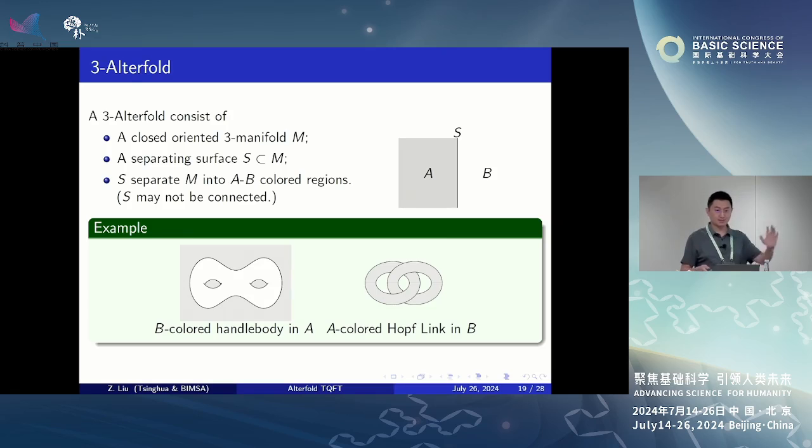And how do we extend that to a 3-dimensional theory? So the 2D theory will be living on what we call the separating surface S, a 2-dimensional manifold inside the 3-manifold. And the 3-manifold has an A-B color. It's aside the surfaces. So conversely, we can say the original theory lives on the domain wall between A and B color. And so far, the 2 colors seem very abstract. So what are they, where do we get them?